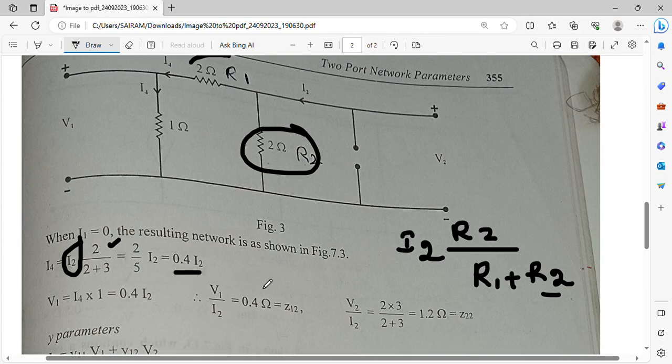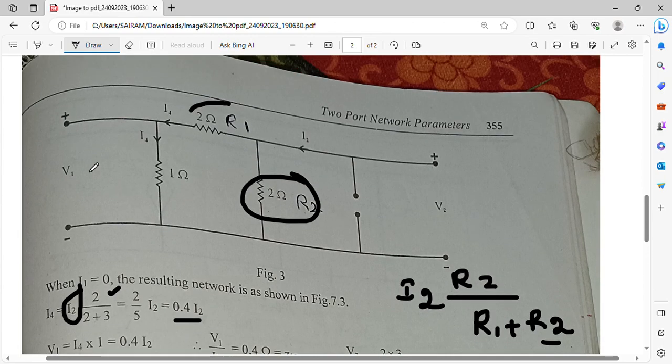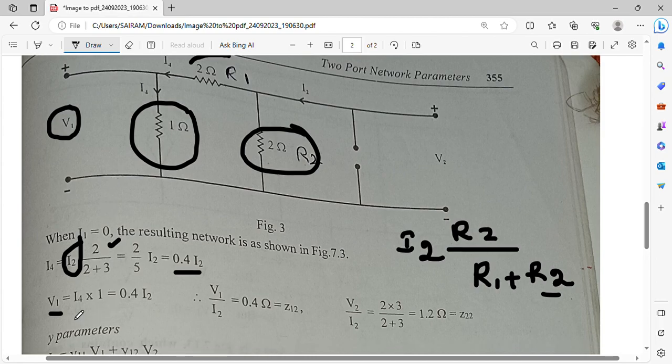So it is equal to 0.4 I2, right? You got the resultant now. Yeah. So now we want V1. What is V1? V1 is equal to I4 into 1, because my V1 voltage is across this resistance of 1 ohm. So that is why I'll take V1 is equal to I4 into 1, wherein my I4 is 0.4